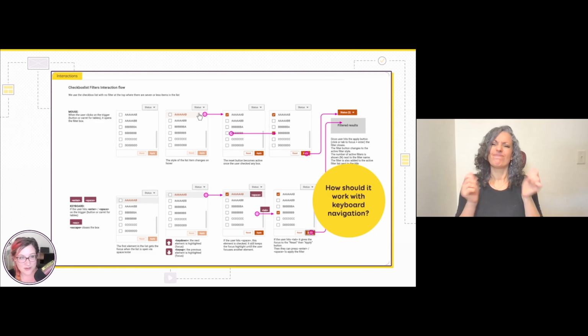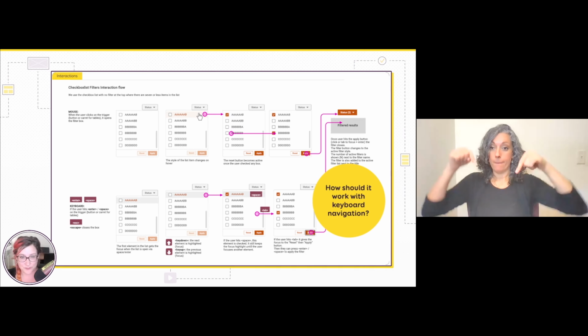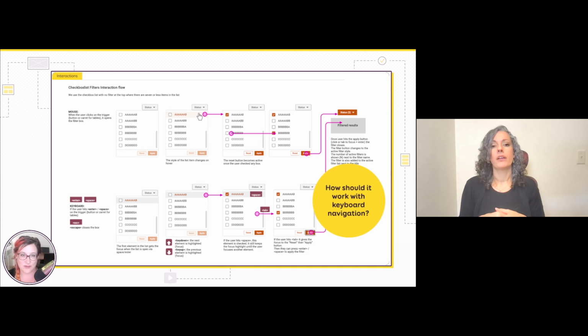And then on top of the mouse interaction, I duplicate that with some keyboard interaction. So I end up at the bottom here with something quite similar. That is my keyboard navigation of these components. How to open the component, enter, space. How to close it, escape. How to navigate across the different elements, use the up and down key. How to check a box, etc., etc. And if you have some keyboard shortcuts, like I don't have any in my tool, but for instance, if you're building tools like Figma, which is a design tool in the browser, you have a lot of keyboard shortcuts. Those kind of things can also be documented here as well.